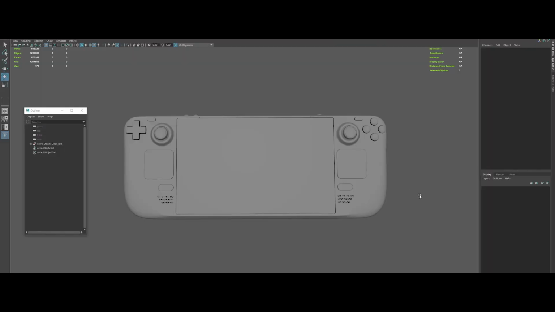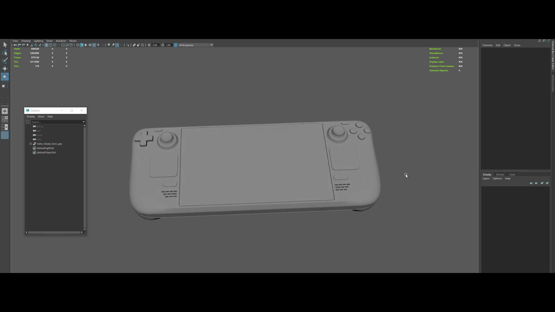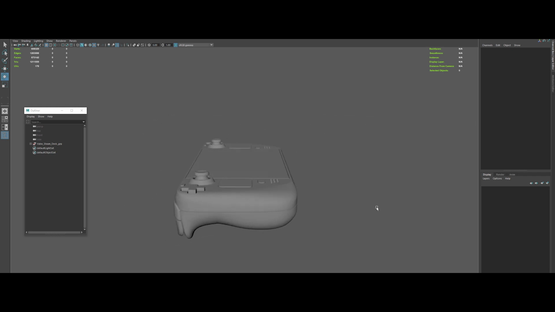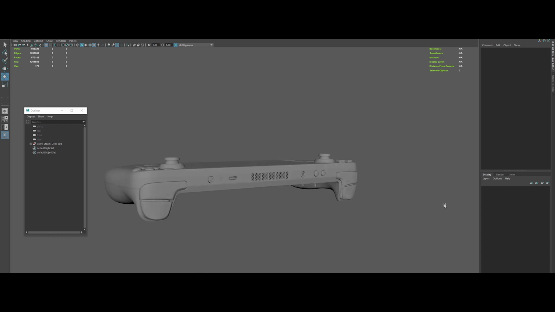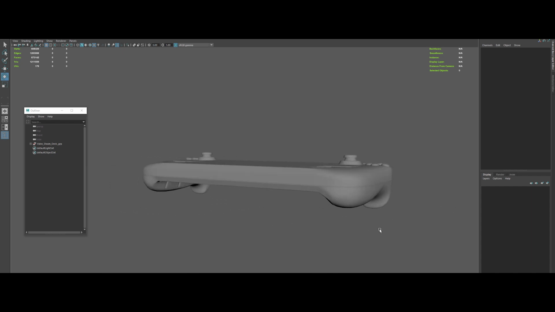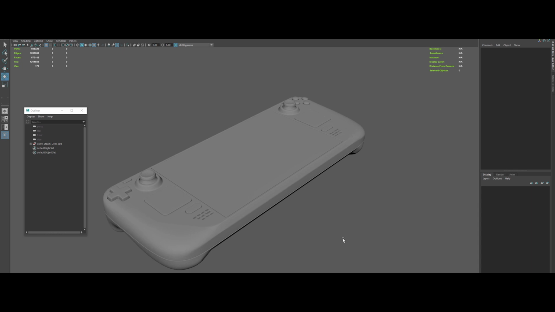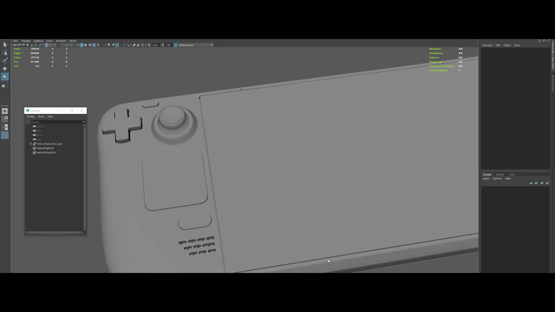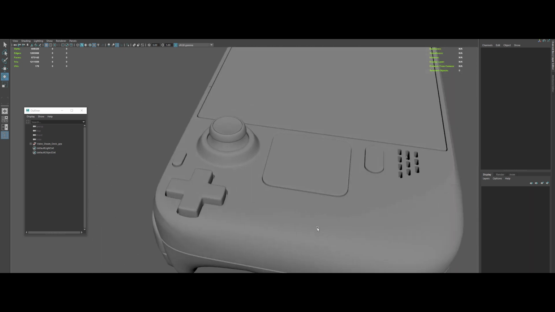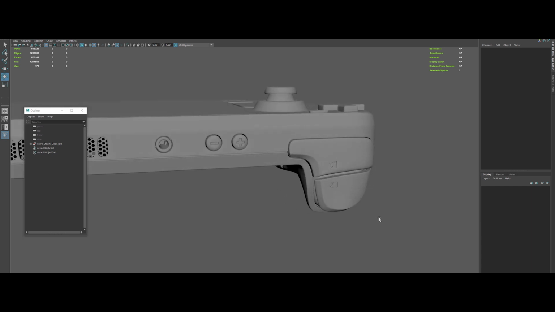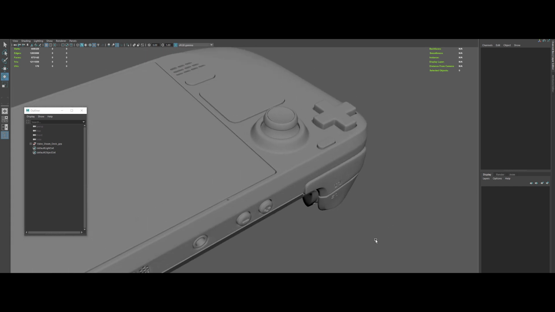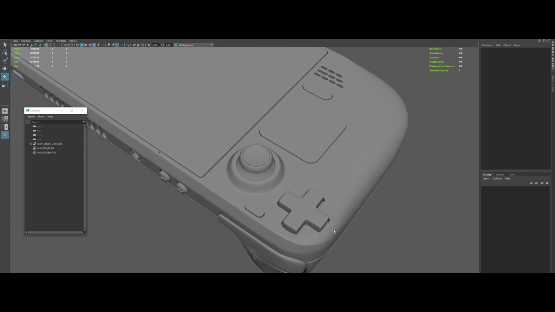So here we are guys inside Maya. First off, for creating a captivating holographic effect, we need of course an interesting 3D model. So I've bought this Valve's Steam Deck 3D model from TurboSquid. A really nice looking asset, but the topology isn't that great. But for this kind of imagery it isn't that important. Therefore, I've made the scene clean and tidy as I like it.